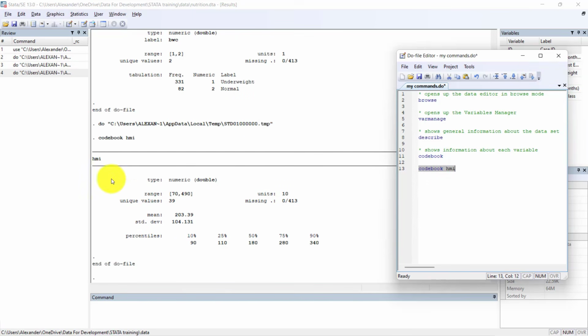And you notice now here, it has provided information about just a single variable, in this case, household monthly income. And now we have all this information here. So it's up to you whether you want to describe all the variables in the dataset by just providing codebook without the name of a variable, but you can also say codebook and follow it by the variable name, which is going to describe just that